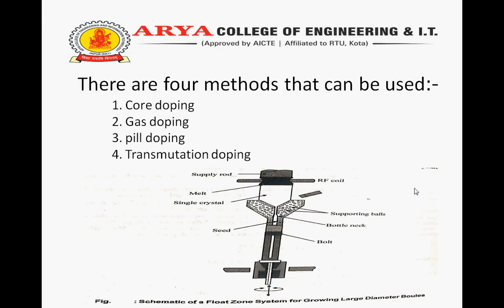Fourth is transmutation doping. For light n-type doping, float zone silicon can be doped through a process called transmutation doping. In this process, the boule is exposed to a high brightness neutron source. Approximately 3.1% of silicon is the mass 30 isotope. Under neutron flux, the isotope can be changed through a nuclear process. This technique is limited to boules of no more than a few kilograms. Figure shows an arrangement that can be used for float zone growth of large diameter crystal.